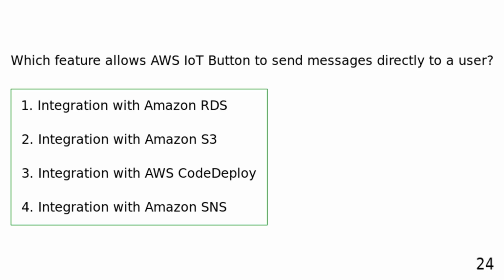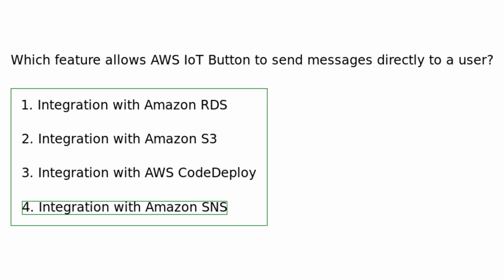Which feature allows AWS IoT Button to send messages directly to a user? Integration with Amazon RDS. Integration with Amazon S3. Integration with AWS Code Deploy. Integration with Amazon SNS. Amazon SNS can be used to send messages, such as SMS or email, directly to users when the button is